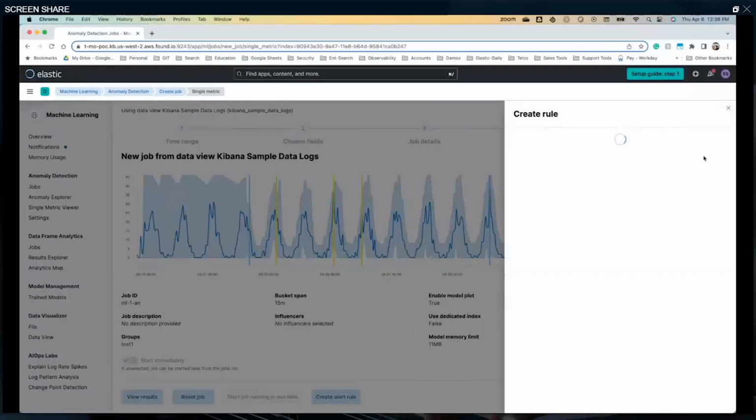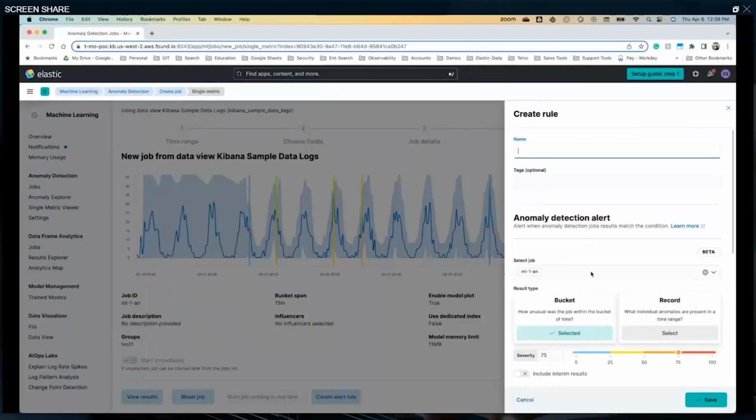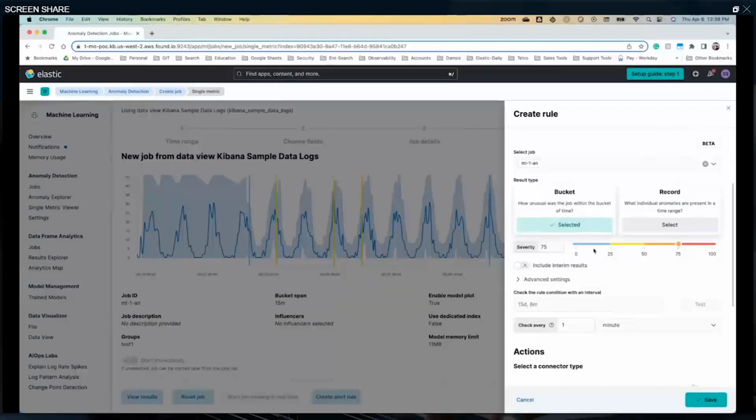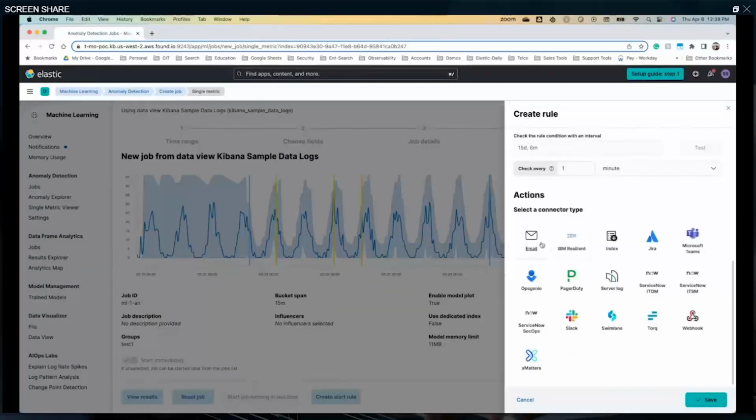And then it's going to choose the machine learning job for which you want to alert, and then you can choose whether it's a bucket or different settings here, and then the actions you wanted it to be on email, or maybe put this all in a different index altogether and then process it from that index, or if you wanted to get into a webhook and build it. Because everything with Elastic is API driven, API first, if you wanted to access it directly on a webhook, you can do that. Or other integrations like ServiceNow or Teams or Slack or xMatters. Anything for that matter, you can just integrate that and save it. That's it. Pretty much simple for loading a machine learning job.